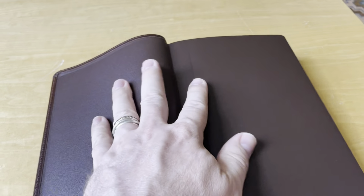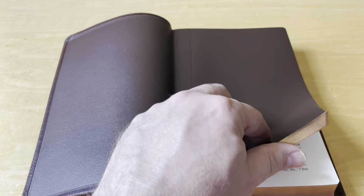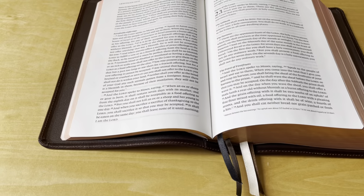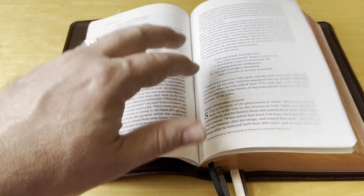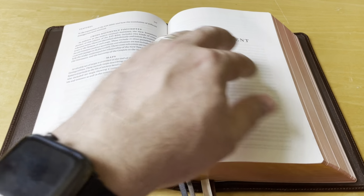This is actually quite limp and floppy. It is used every single day. But what I never did was intentionally break it in or damage it or crush the cover or anything like that. I know that very early on I had made comments to the effect, and I stand by them, that